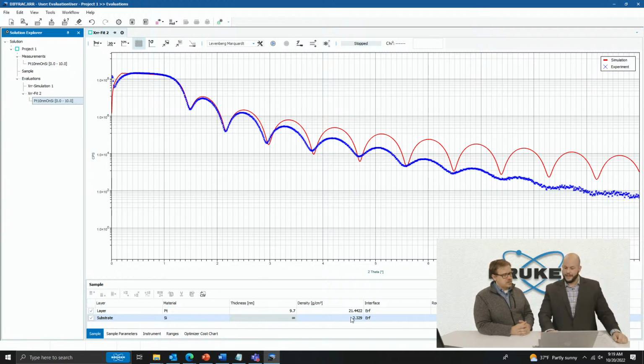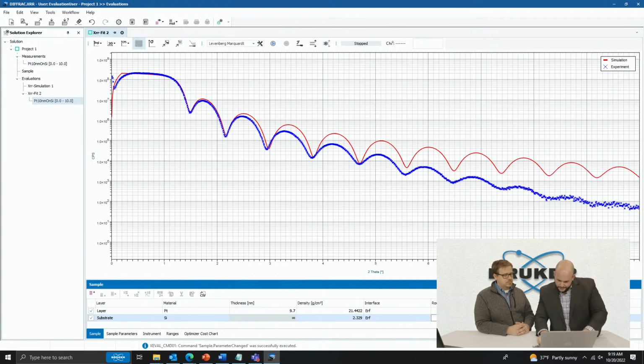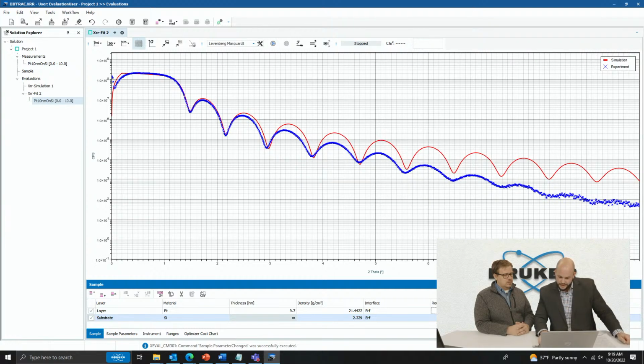You know, we know that we have some roughness because we see some decay in the signal. Right, relative to our simulation. So we can go ahead and change the roughness parameters. Let's try like 0.2 and see what happens. Okay, so that's going to change the overall signal. If we change this to like 0.1, you can kind of see